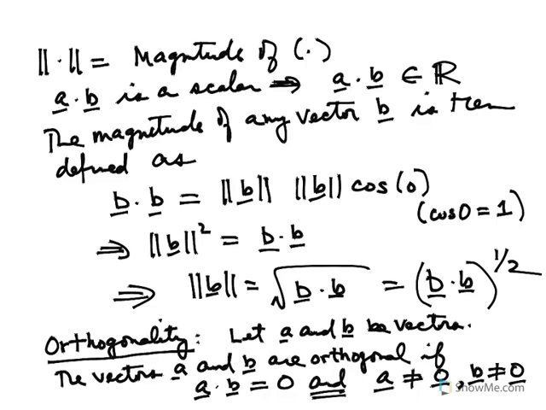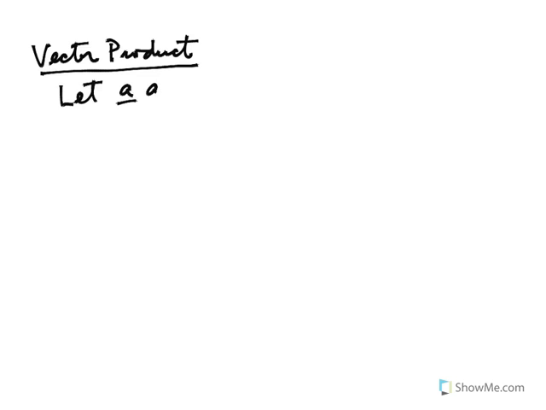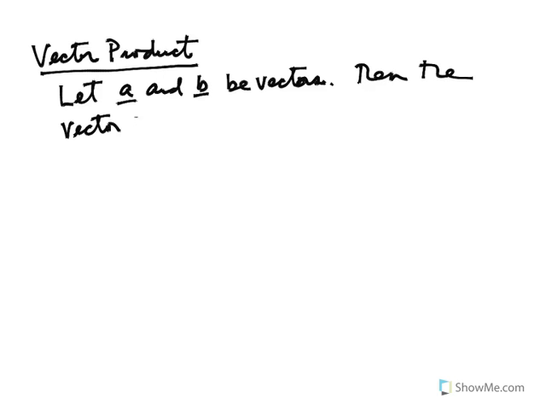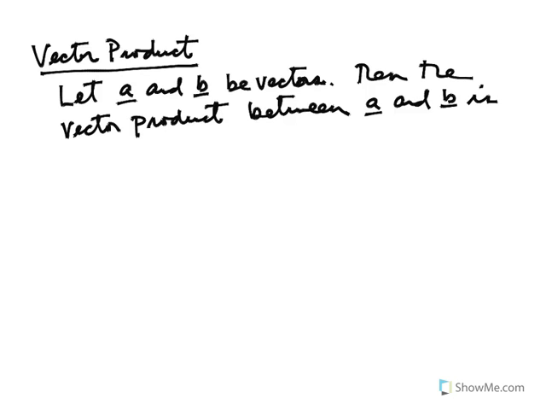So once we have that, we can use orthogonality in the next definition that we're going to come up with. The next definition is what's called the vector product. So now I have a definition of orthogonality. Once I have that definition of orthogonality, I can use it to construct what's called the vector product. So the vector product works like this. Let A and B be vectors. Then the vector product between A and B is defined as